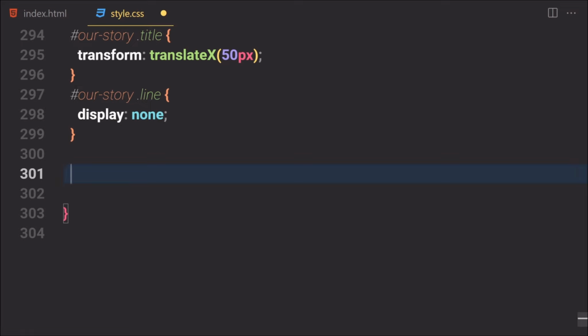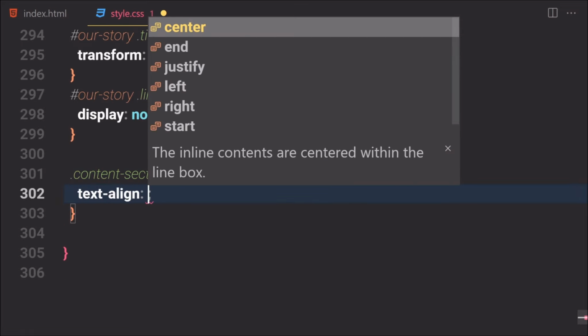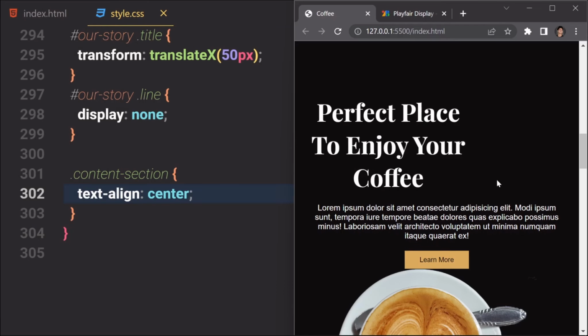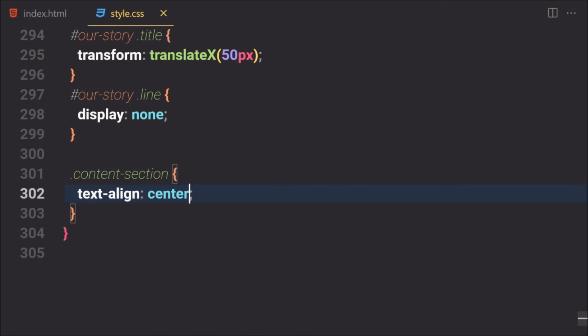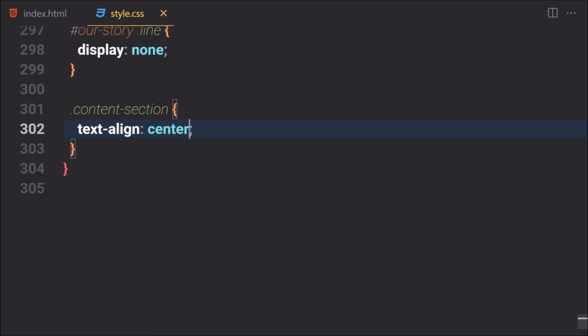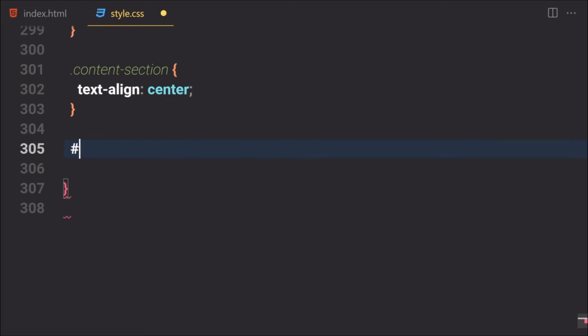So now let's take care of that. I'm going to select my content section right here, and for text alignment, I'm going to set everything to be centered. So if you save that, it's looking horrible. Now let's select our image section. So for that, first of all, you know what, let's just select